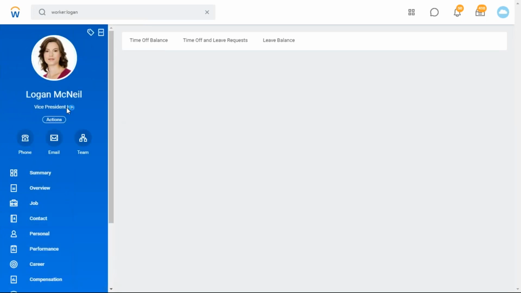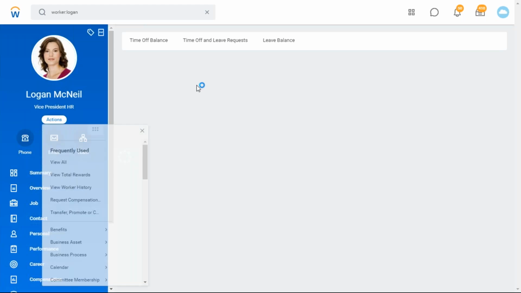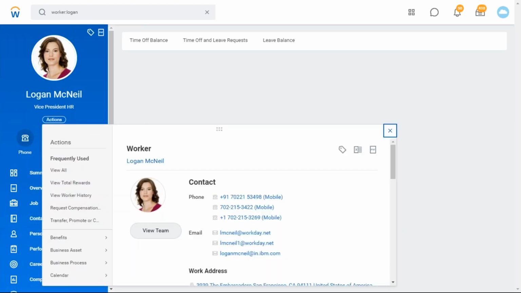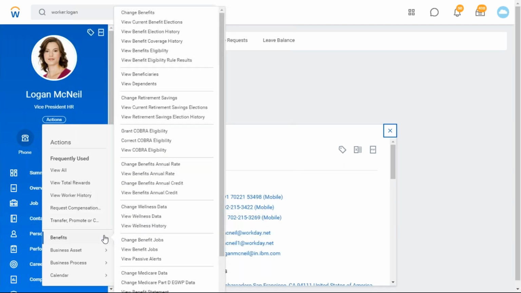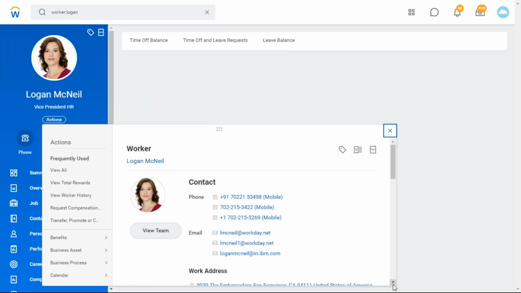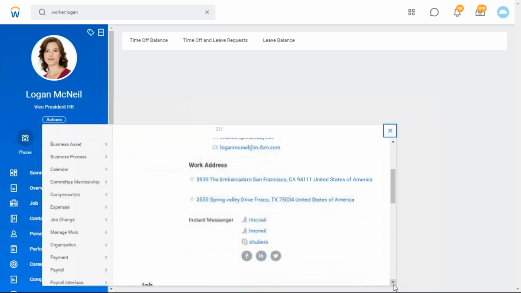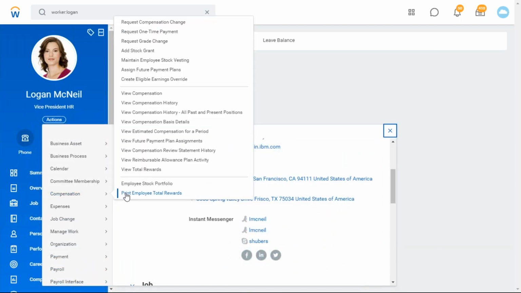Similarly, if you would like to change anything for single employee data, you can go to related actions and here you can change. This is also if you have benefits administrator access only, then you can see. Otherwise, this benefits folder you cannot see. You can change employee benefits. If you would like to change the compensation, then the compensation administrator access is required. Then only you can do this.